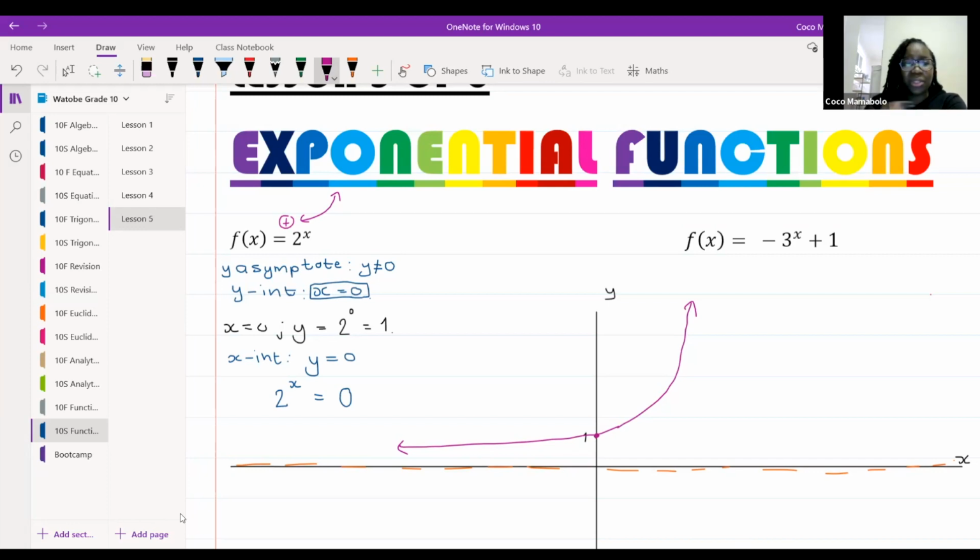And me and tables, we're not friends. I don't like tables. They take forever. So, not bothered about it. But if you've been taught how to use the mode function on your calculator to draw this graph, go for it. You're more than welcome to. But in this case,